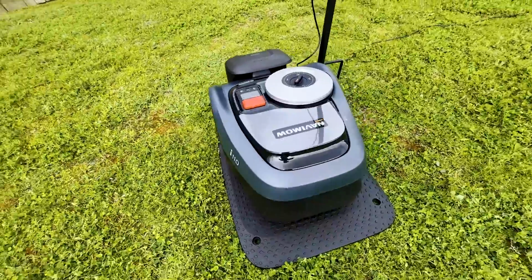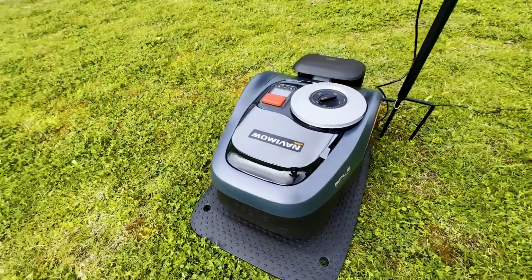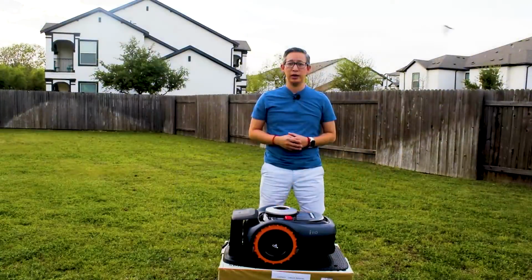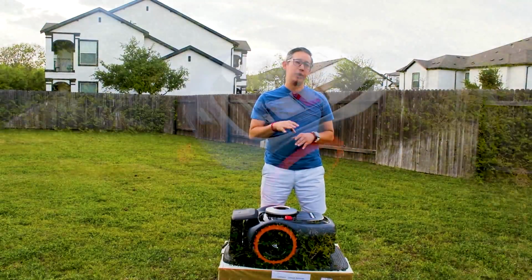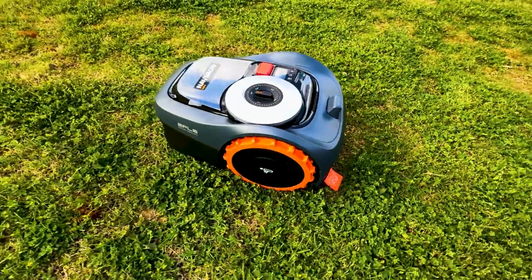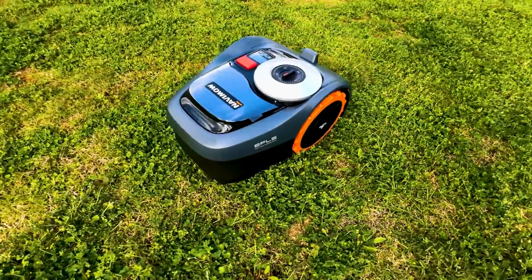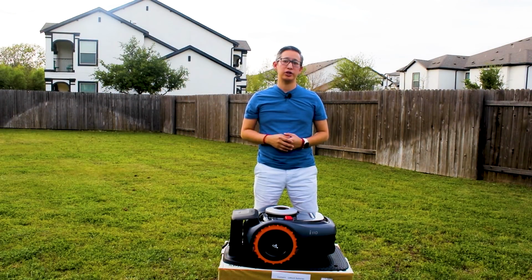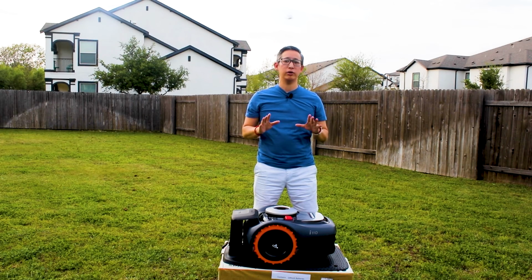Now, historically, these robotic lawnmowers didn't start taking off until recently, mostly because they were price prohibitive. And each year they've gotten better and better. Now, what I like best about this year's new series of Navimow mowers from Segway is their price. This is probably one of the most feature-rich and affordable robotic lawnmowers available,